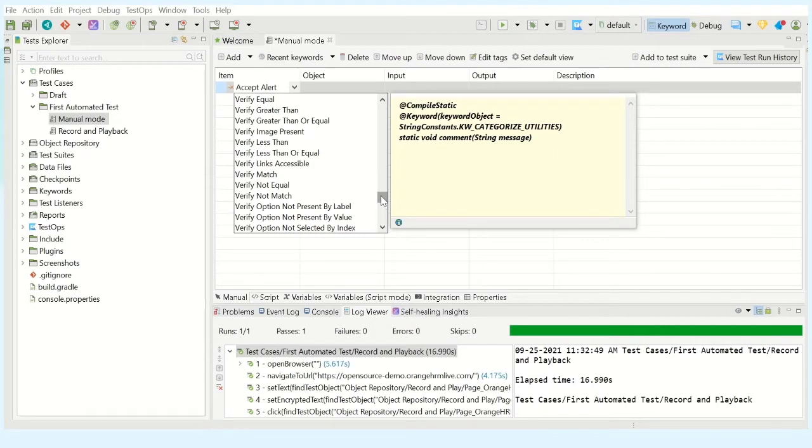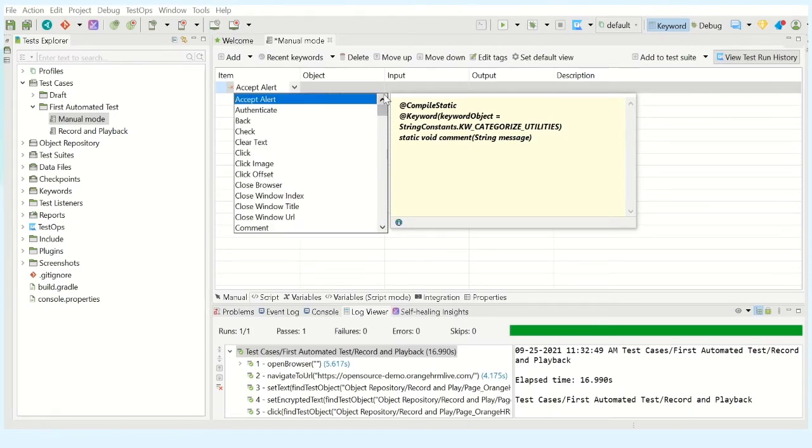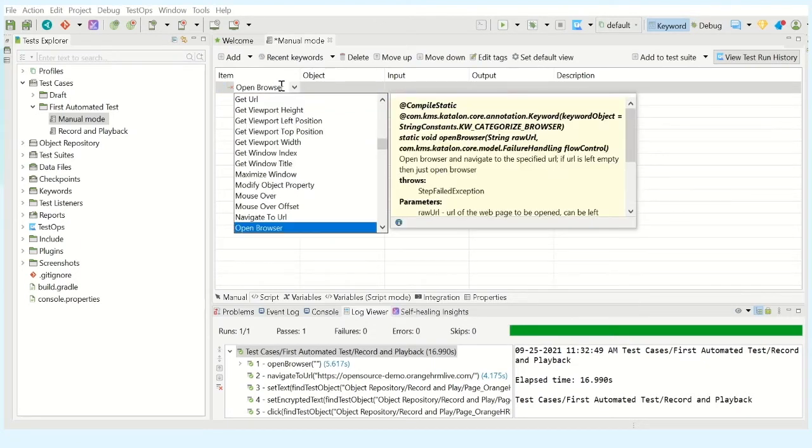And also over time you will be experienced with the keywords which you wanted to call at that particular instance. For example, in this case you wanted to open a browser. Type open. So see, when you type it has given you the open browser keyword which is close to that one.